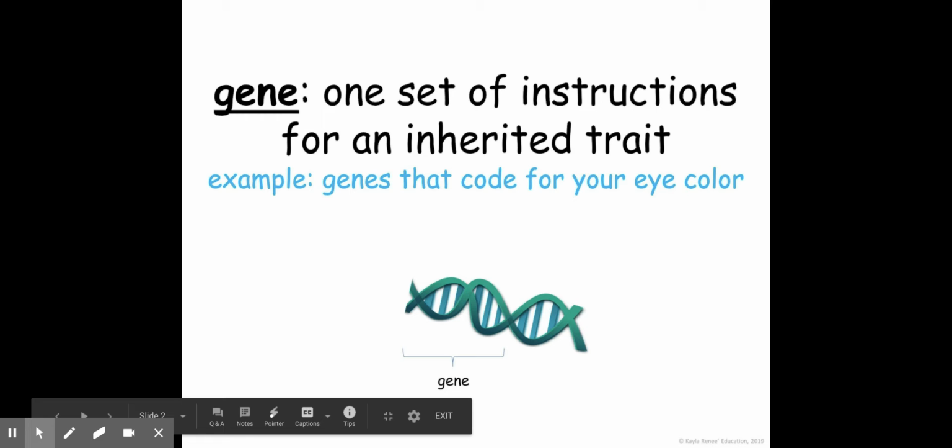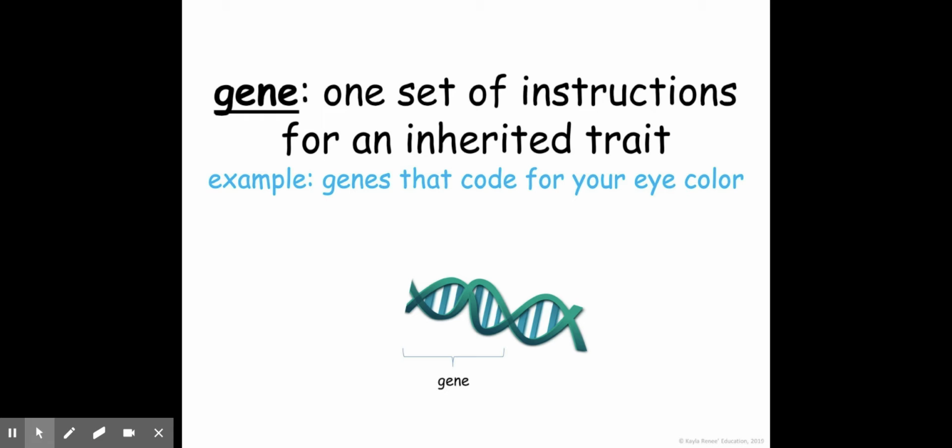A gene is one set of instructions for an inherited trait. An example is genes that code for your eye color. Remember, we had talked about chromosomes, and those chromosomes look like this a little bit. Chromosomes are DNA strands that are really tightly wound together. They're like these really squiggly little dudes. And on each of these DNA strands, one you get from mom, one you get from dad,